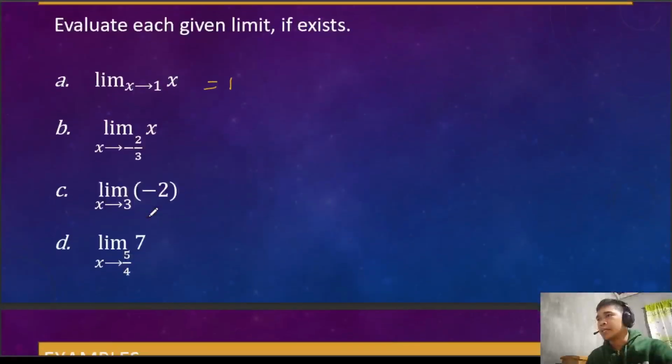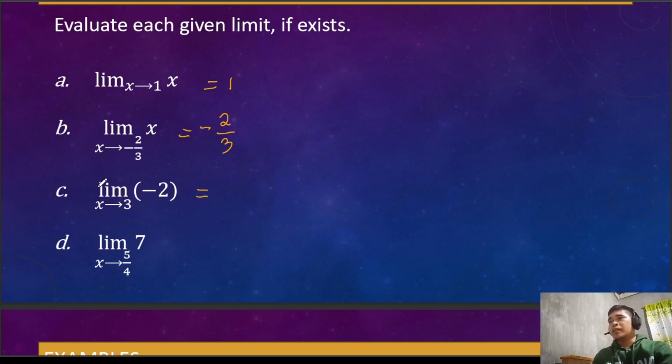Okay. Next, example number 2. So, limit of x as x approaches negative 2/3, still, pag variable, the limit is the value of a. So, this is negative 2/3. Inana lang kasayon, pag variable. For letter C, limit of negative 2 as x approaches 3. So, negative 2 is a constant. So, according to theorem 1.2.1, number 2, the limit of a constant is the constant itself. So, the answer here is negative